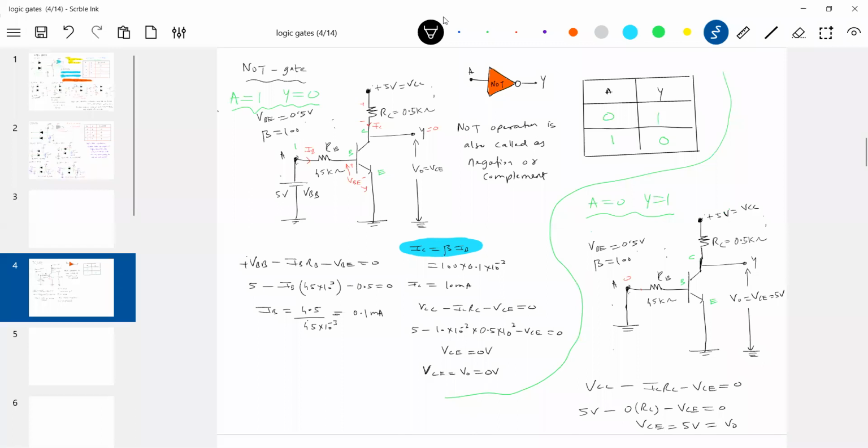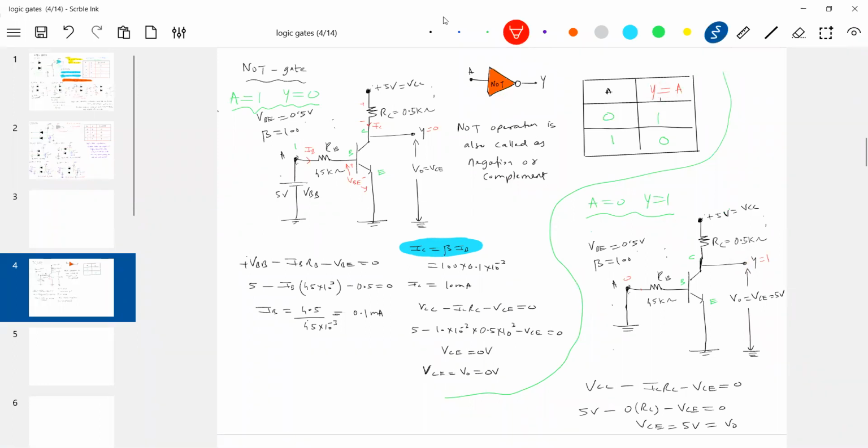So what does it mean? Logic 1 or logic 0 there? Logic 1 will come. Is it okay? That is the NOT operation. Input is low, output will be high. Input is high, output will be low. So shall I say it will make ulta, or say negation. In Boolean algebra we call it negation. In digital electronics, this is called a complement. So how to represent this in Boolean algebra?